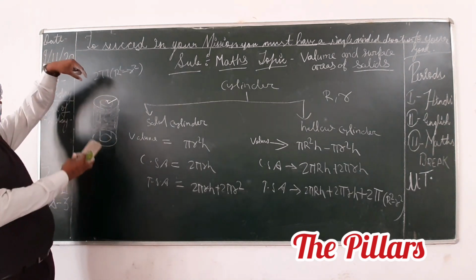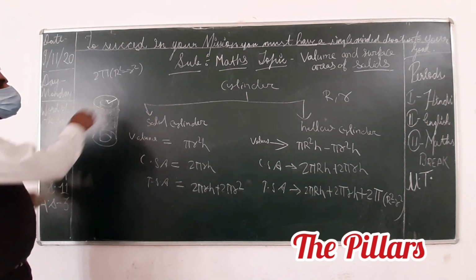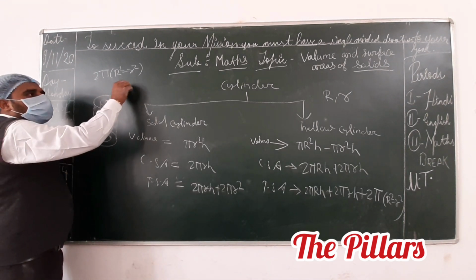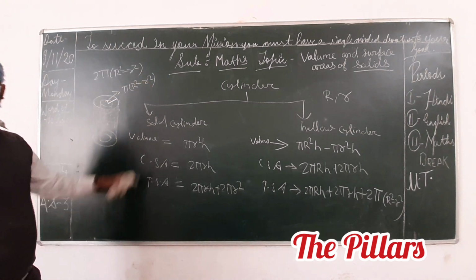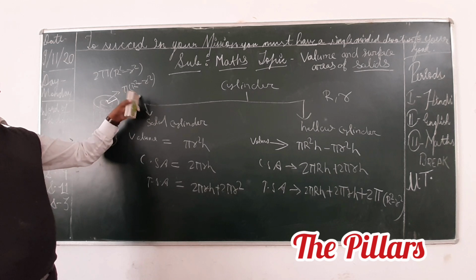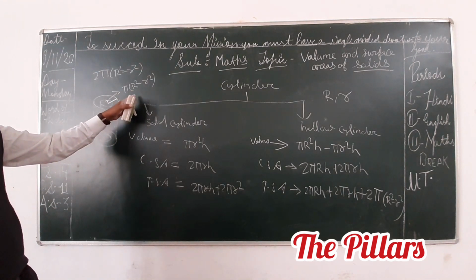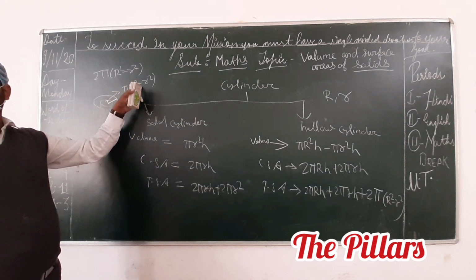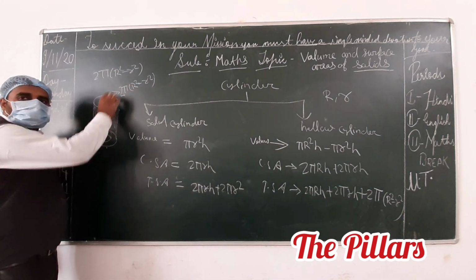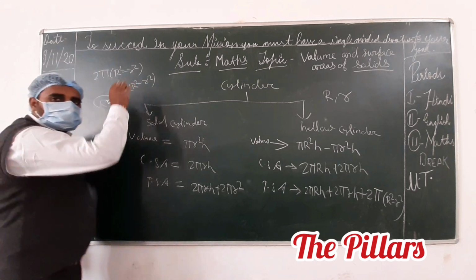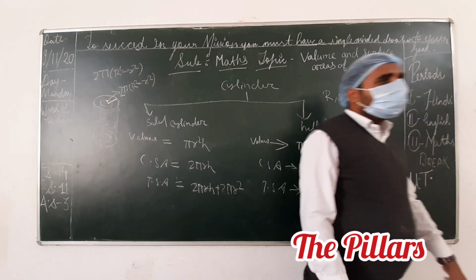But whenever you have to calculate the total surface area, we have to include these two surfaces. The area of this circle will be pi capital R square minus small r square, because this is a hollow disk, or hollow ring. Then the total area we have is 2 pi capital R square minus small r square. Then we have to add it here.